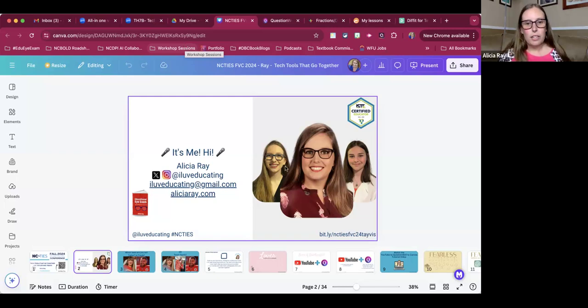These two little beauties behind me are Bailey and Sophie. Bailey and Sophie are my reason for being. They are why I stay excited about everything education, and I'm always looking towards the future, because whatever we're finding out specifically about AI and educational technology is going to directly impact them. So it's super important to me that they have the best opportunities to be successful in their future. So that's a little about me.